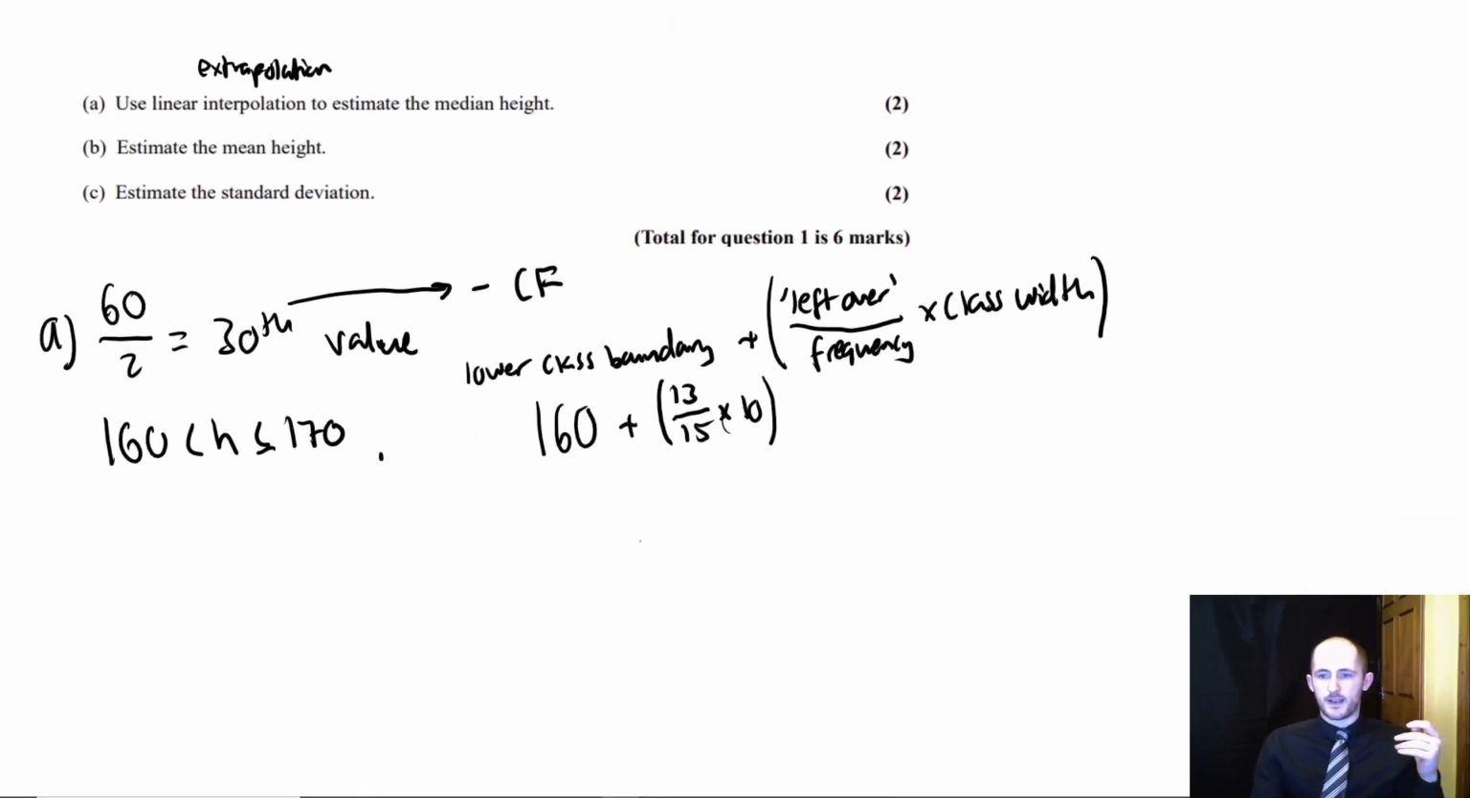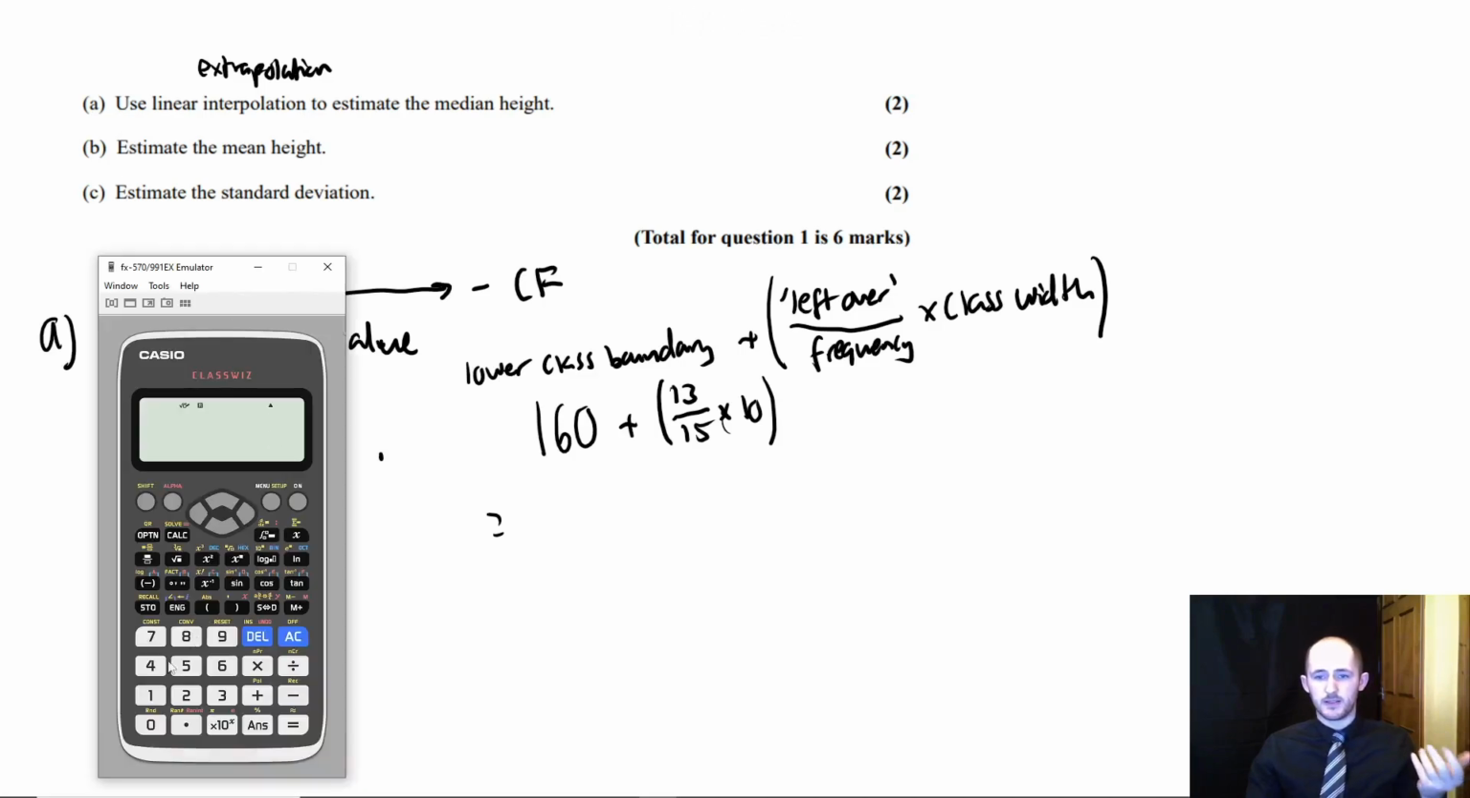And we can work that out, and again, you can use a calculator, of course. We're going to give it to the nearest whole number because all of our data are to the nearest whole number. So we have 160 plus 13 over 15. Again, if you're not too sure about that, this is totally fine. We're going to do a few more questions and you should hopefully start seeing the pattern. So we have